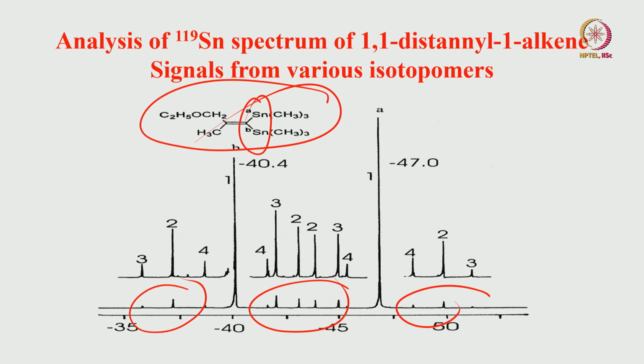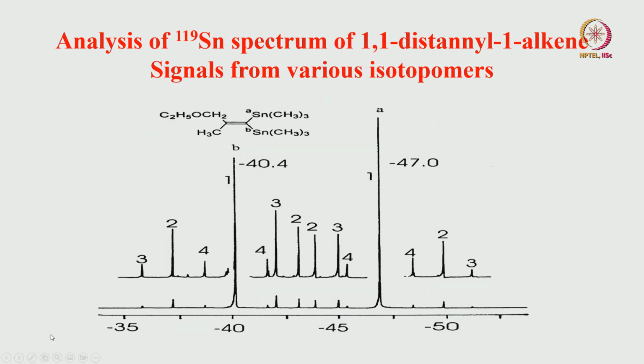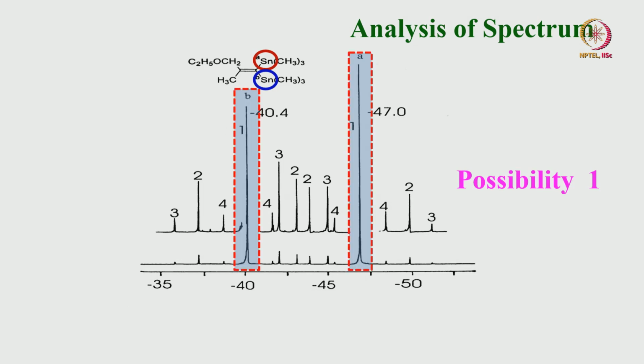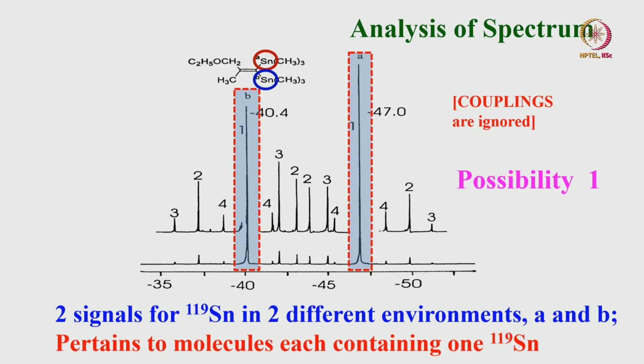How do we analyze this? Every peak has to be assigned. So how do we do that? We will start with this simple example, analysis of the tin spectra. First, these 2 individual peaks can be there. Okay, and possibility 1, both can be individual for tin,